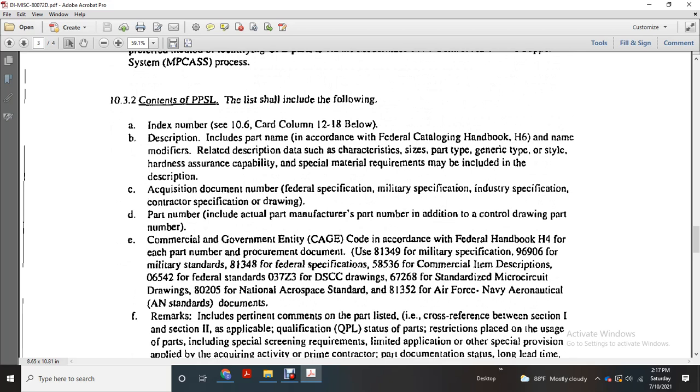Contents of the program part selection list shall include the following: index number, description include the part name in accordance with the Federal Cataloging Handbook H6, name of the modified of the related, description of the characters, size, type, part type, generic type, style of the hardness, assurance, capability, specific material requirements included with the description, acquisition docket number, the federal specification, military specification, industrial specification, contractor specific drawing, part number including actual manufacturer part number in addition with the control drawing part number, commercial government entity code, accordance with the federal handbook H4 for each part with the procurement document,